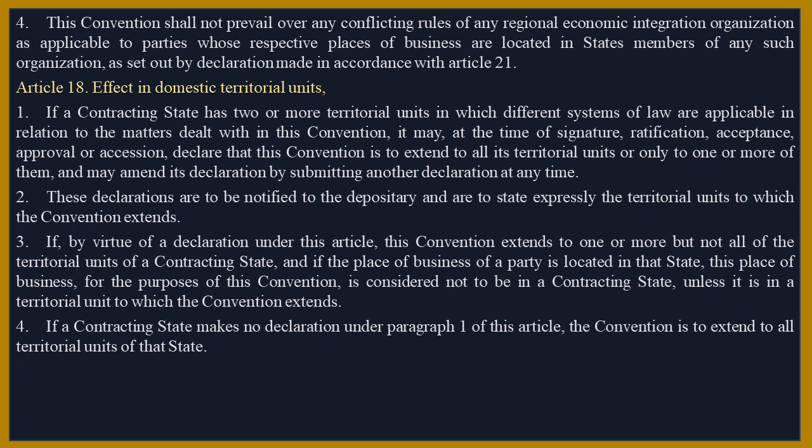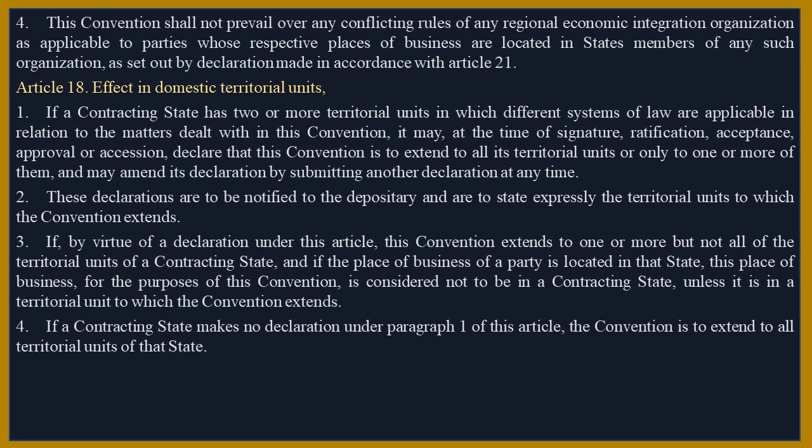4. This convention shall not prevail over any conflicting rules of any regional economic integration organization as applicable to parties whose respective places of business are located in states members of any such organization, as set out by declaration made in accordance with Article 21. Article 18. Effect in domestic territorial units. 1. If a contracting state has two or more territorial units in which different systems of law are applicable in relation to the matters dealt with in this